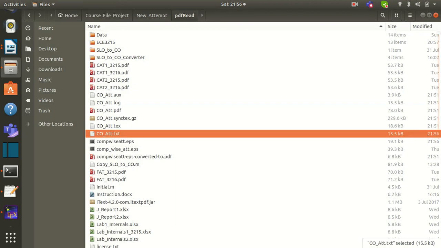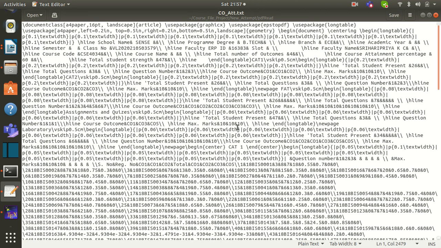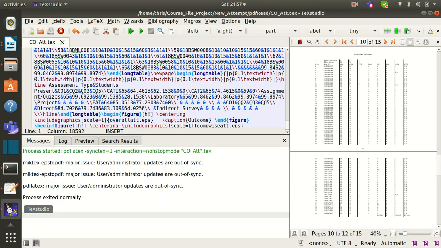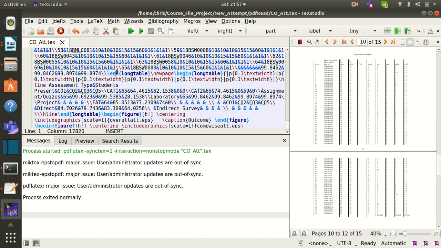Like I already said, this is the folder, this is the file. Open the file. We need to allow it to be rewritten, so I am reloading it. So this is the new one. Control A, Control C. Anything you want to edit, you can edit in the LaTeX editor. If there is no LaTeX editor available with us, we can go to Overleaf. Overleaf is an online LaTeX editor, so we can use that also.